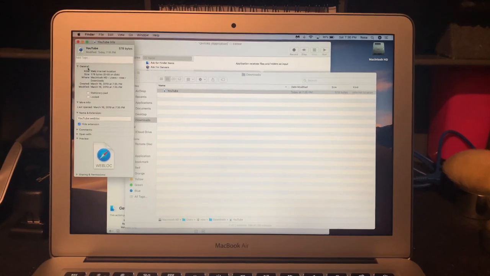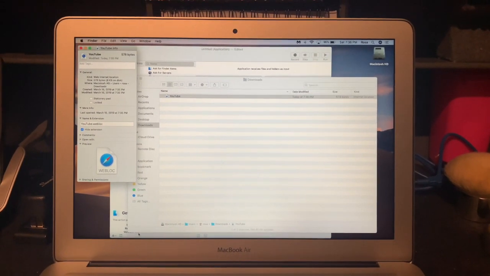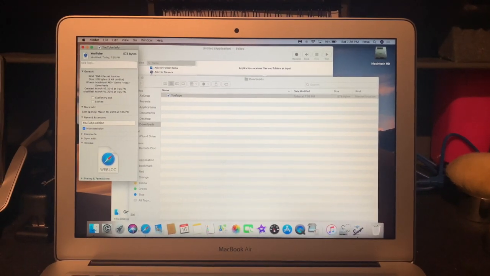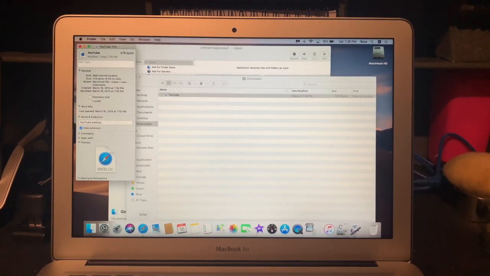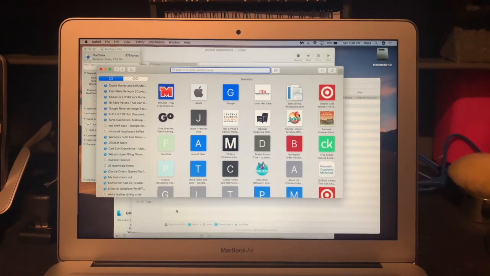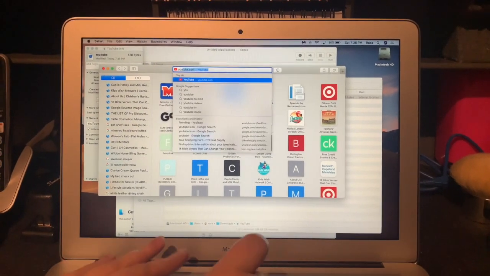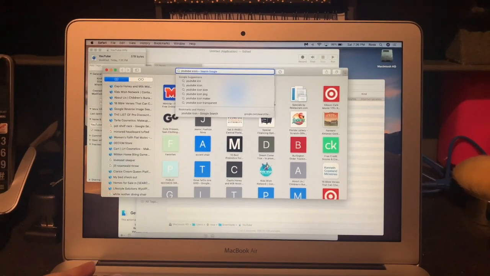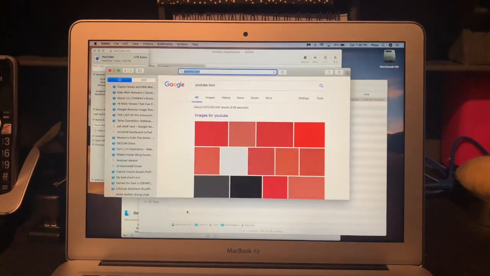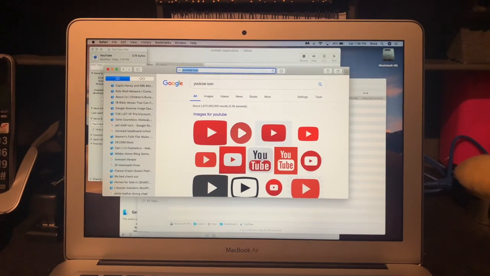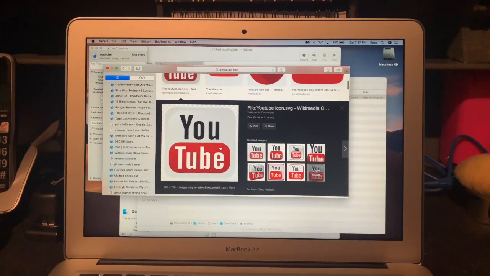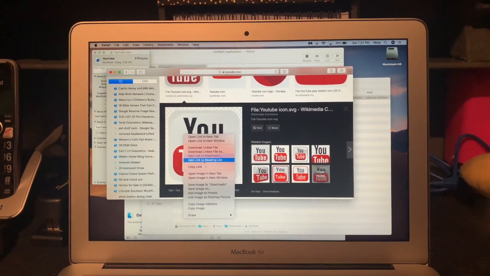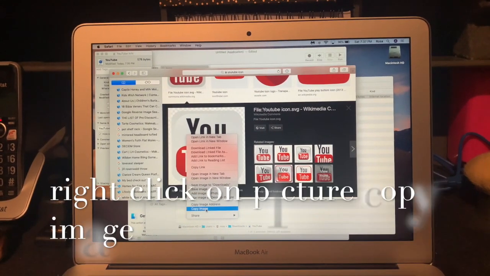get info, Safari, YouTube icon, pick a picture, copy link, copy image,